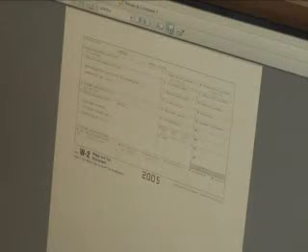Form W2 wage and tax statement, copy 1 for state, city, or local tax department, a control number 22,222 CMB